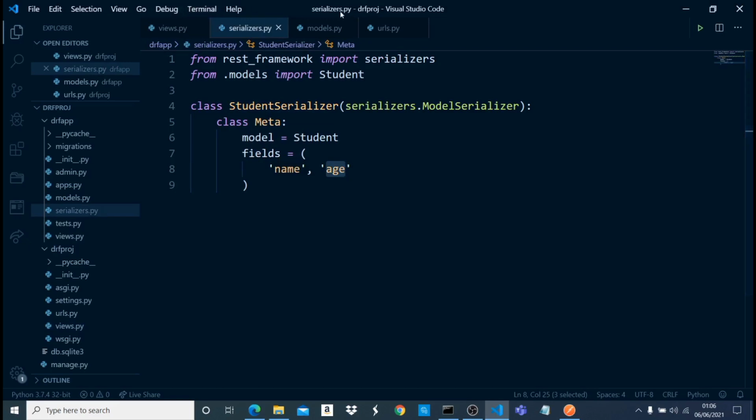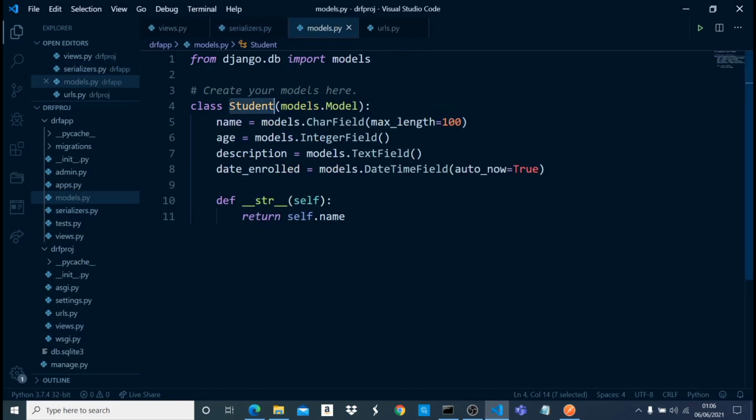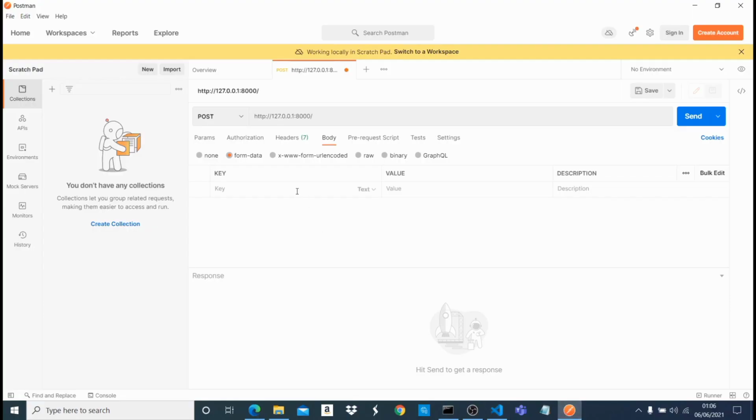We know that in our models, name is a character field and age is an integer field. To avoid any error, we need to abide by everything. So name, let's give it a value of admin, and then the key age, let's give it a value of 25. Now if we send,